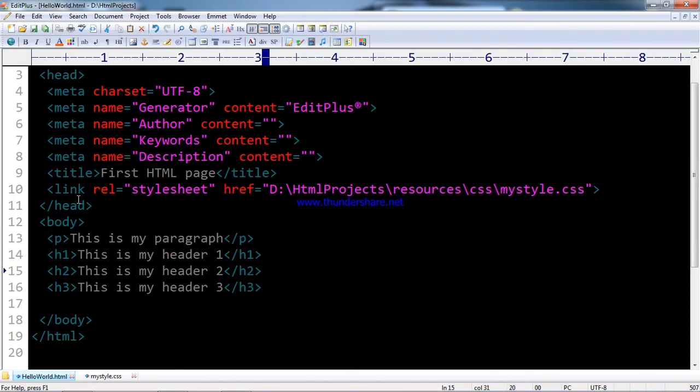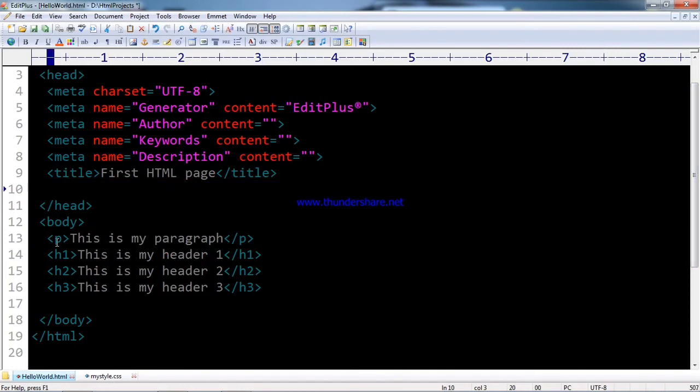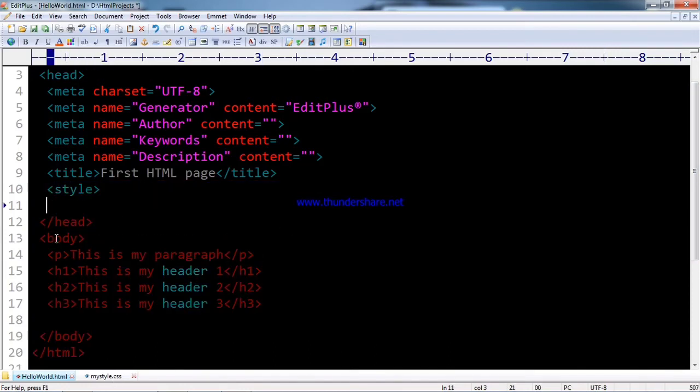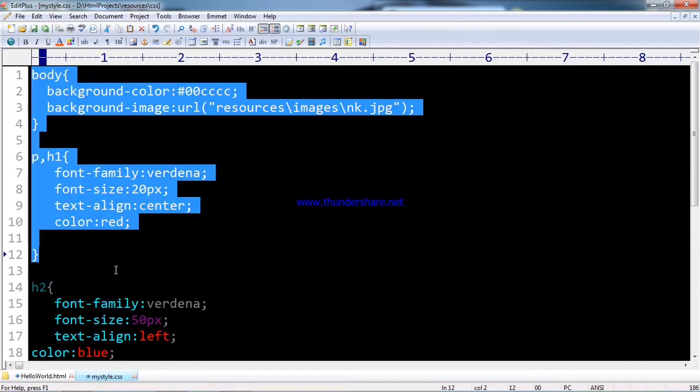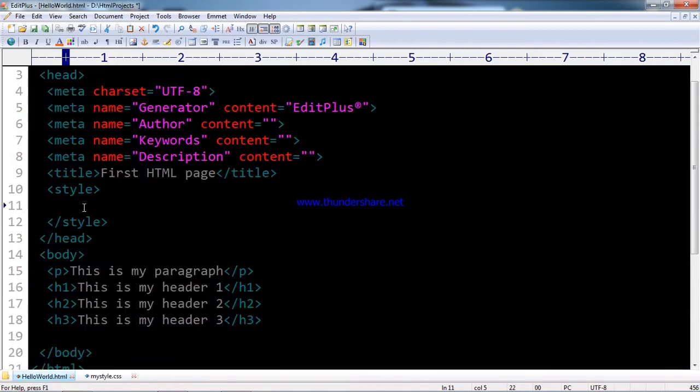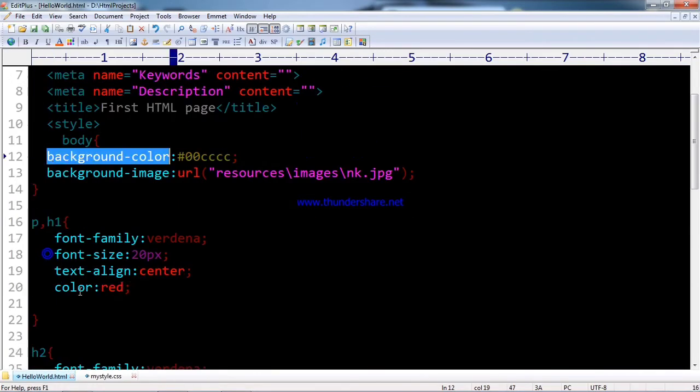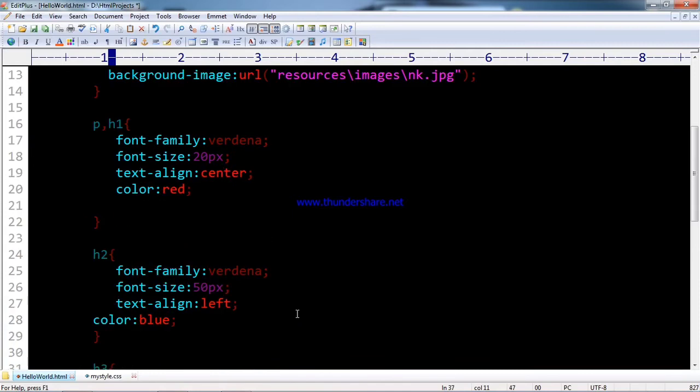So this is the external way, by referring to the style sheet file.